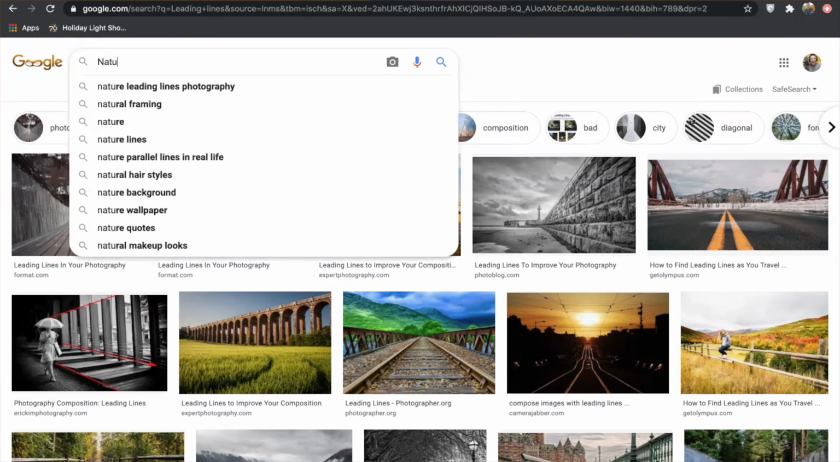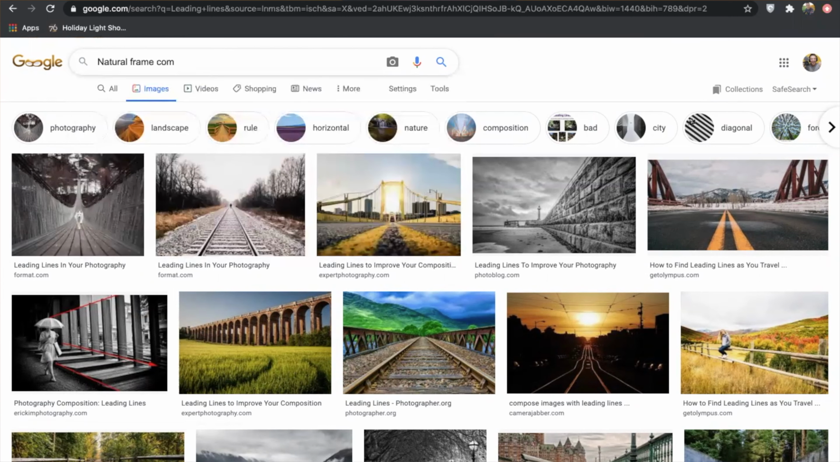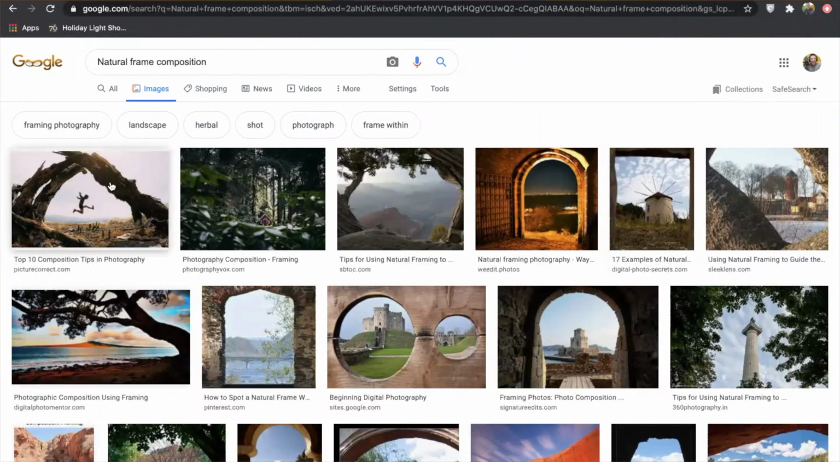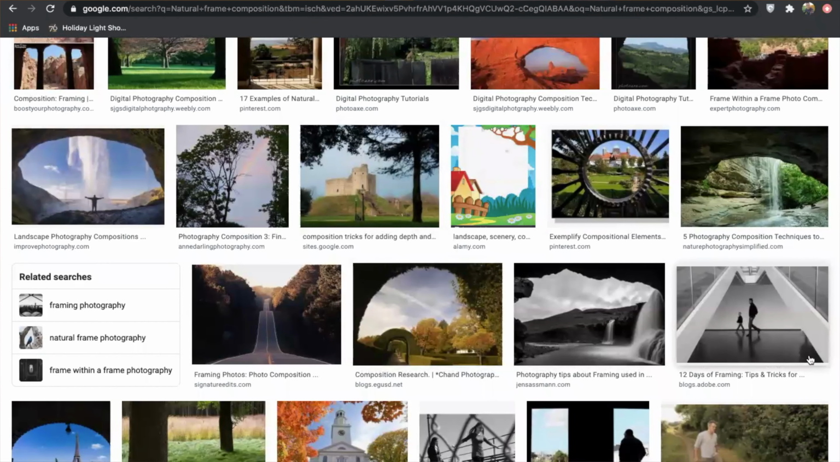A natural frame is simply something that borders your composition. So if you punched into Google natural frame, you'll see some examples. Common examples would be trees that frame out your composition. Other examples would be doorways. I've seen silhouettes used as compositions. I've seen the hand gesture for the heart. That's a really common one